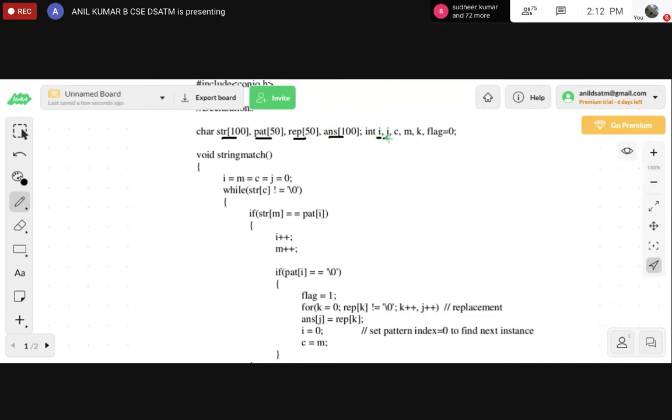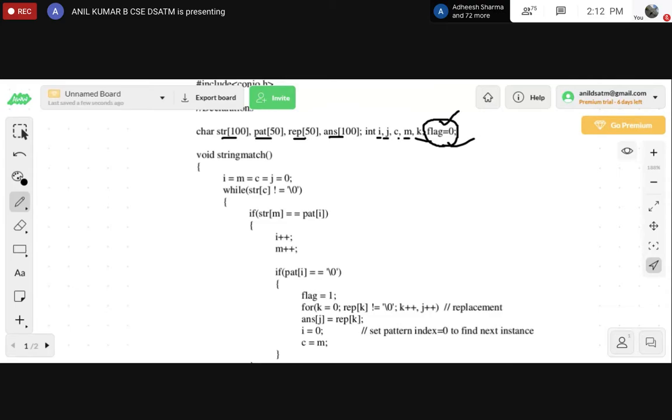I, J, C, M and K are different variables which we will use as indexes. Flag is used to check whether the pattern occurrence is available, that is, occurred or not. We need to check whether the pattern sequence is there or not through the flag.